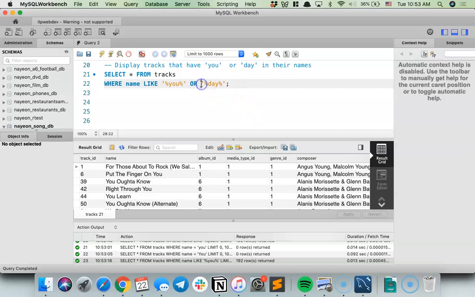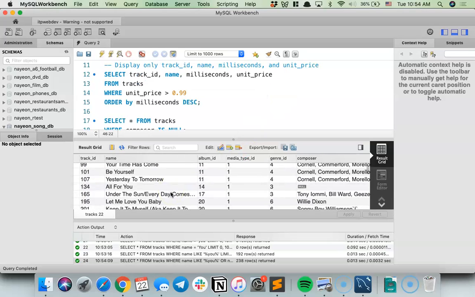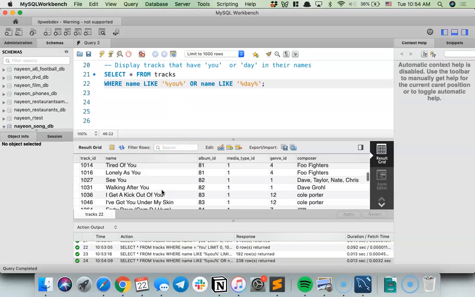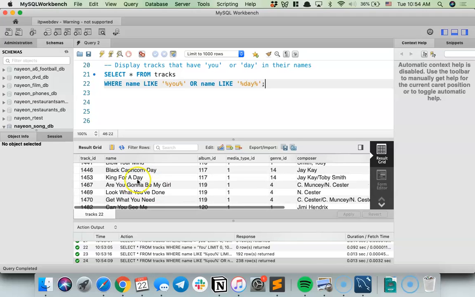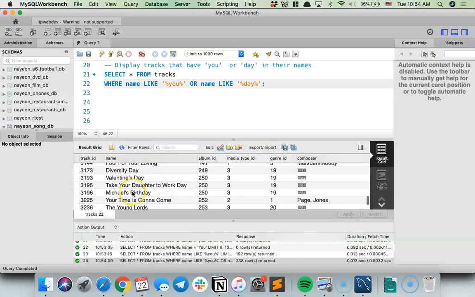So you do WHERE name LIKE 'you', and you still have to specify the column, OR name LIKE with a space, 'day'. Then hopefully we will see songs that have 'you' or 'day'. There you go. There's King for a Day, Are You Gonna Be My Girl, Look What You've Done. And then there's Diversity Day, Valentine's Day, and so on and so forth.